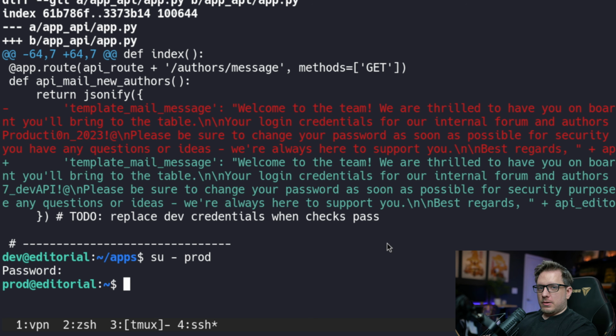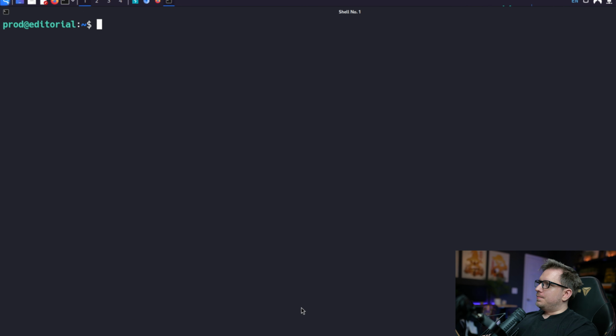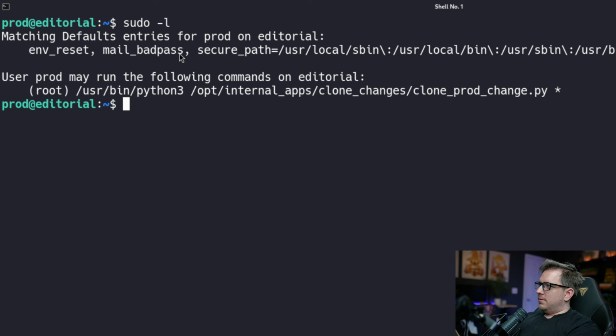And it did work. So we were successful with lateral movement into the user prod, and that's awesome. Let's go ahead and clear that and go from there. From here, let's do a sudo -l and see if there's any sudo privileges for the user prod. In this case, it looks like we do have a sudo privilege in running